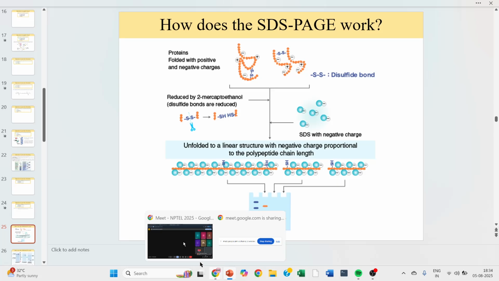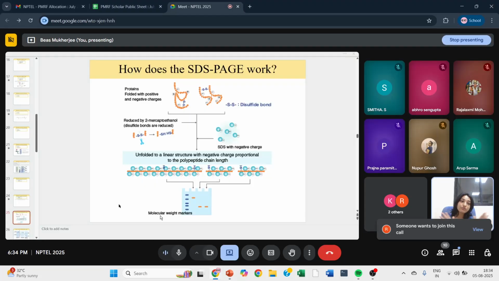Okay, now how does SDS-PAGE work? I am sure a lot of you have already done this in your practicals. A lot of you already have some idea, but some things, even if we are doing them every day, we keep on forgetting, right? So this is just to give you an overview of the principle. The principle of SDS-PAGE is something that you're going to need for all exams because this is a very commonly used technique, but there are certain very tiny things that you need to keep in mind about SDS-PAGE. So see, the protein is normally folded, right?